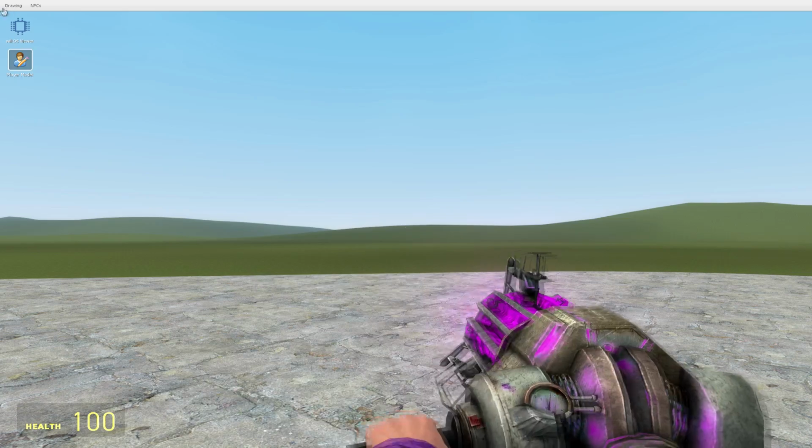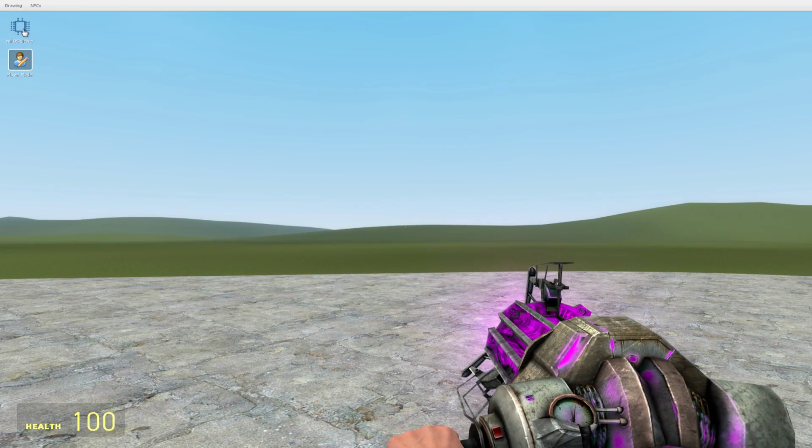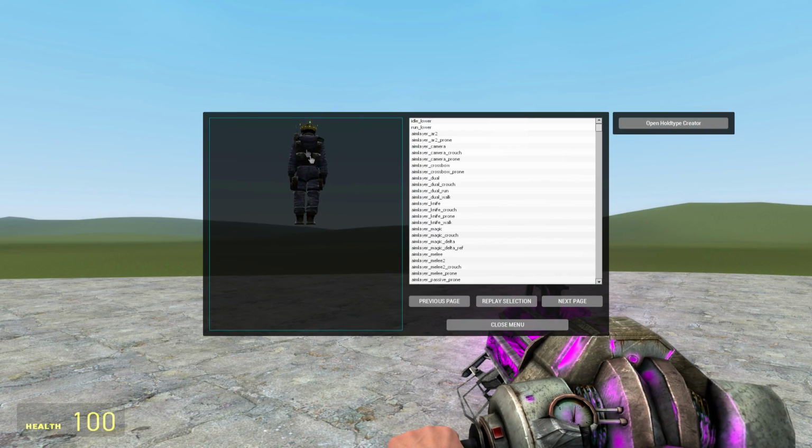viewer widget, ignoring the spazzing out fizz gun, and you'll get a menu that opens up with your model, a list of sequences, and the Holdtype Creator button. But I'll be going into that one later because I want to go over the general navigation of the main menu first. So in the main menu we have this list of all these sequences, and those are animations that